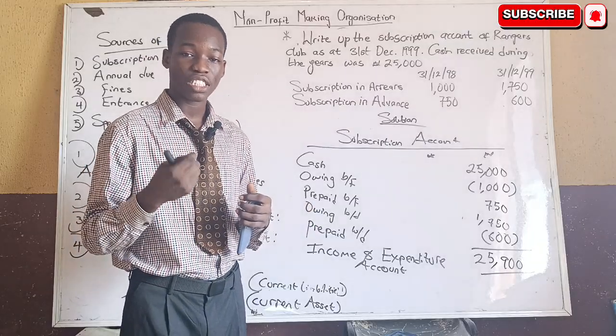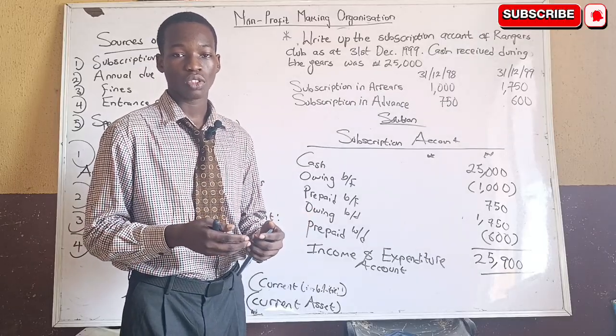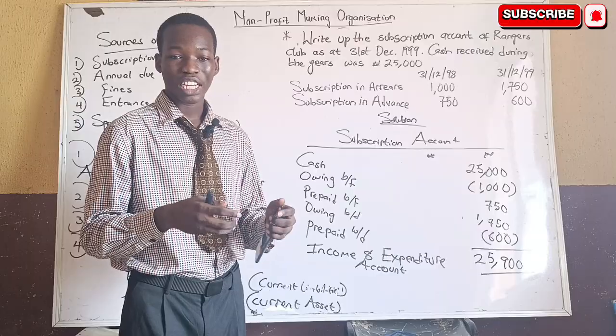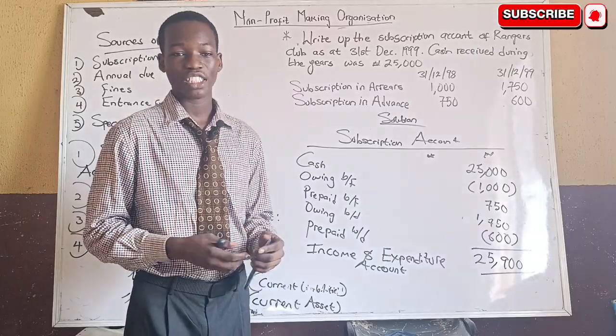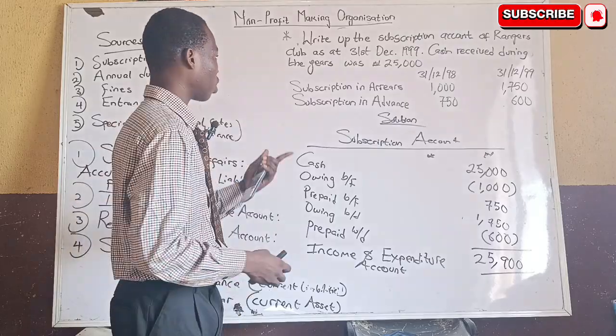Those are the people that they usually sell to. So all this trading activity is for them to accumulate more wealth, that is, to make more money, so that they can use that to run their organization. So that's why they mostly call it a bar trading account. Now let's look at that.